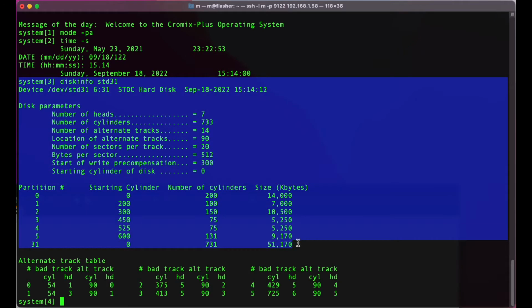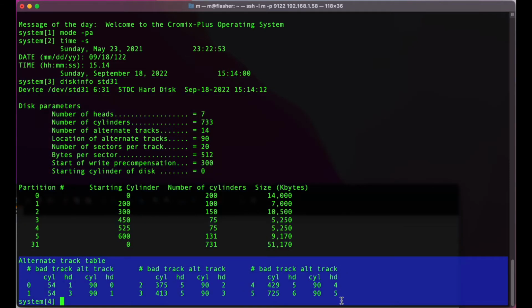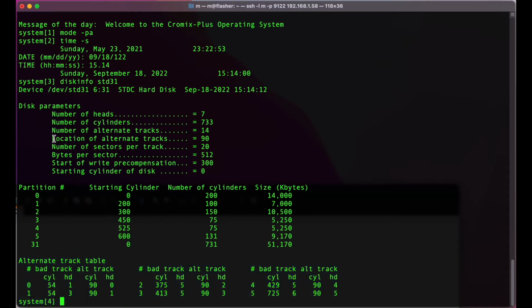So this is the partition table. We've got 733 cylinders and we've got 7 heads. The 8th head is, I believe, servo, and so not available for data storage. We have already defined some alternate tracks here. So for example, we've said that cylinder 54 head 1 is mapping onto cylinder 90 head 0. So the alternate track table is stored at